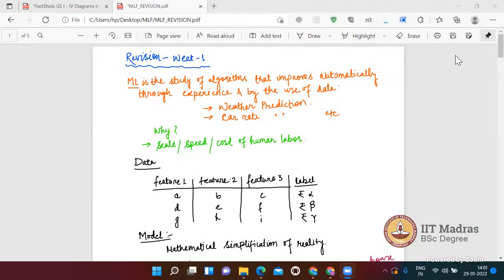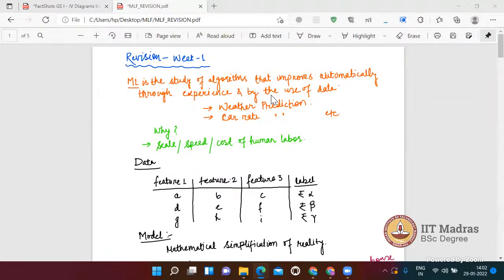So we'll start with the first week. We'll just go through the content in brief, and then we can discuss the doubts if you are having any. So let's get started. I'll share my screen. The first week generally doesn't have much content, but we'll discuss whatever has been discussed. In the first week, we went through briefly the ML definition and all.